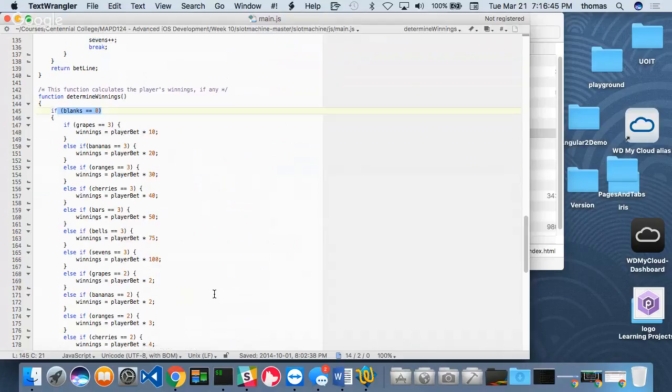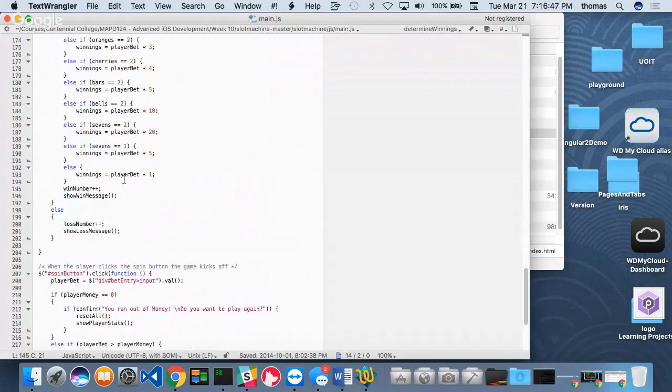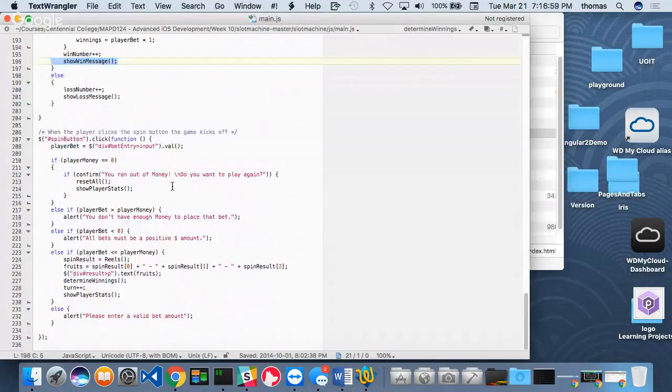Again, you calculate what you tallied, and then at the end you come up with what you won and what you lost. Then I go to the show win message if you win, and the show loss message if you lost, right? The spin button itself that's working here is using a little bit of jQuery to attach it to the click button, right? And what happens is every time the click button is clicked, then